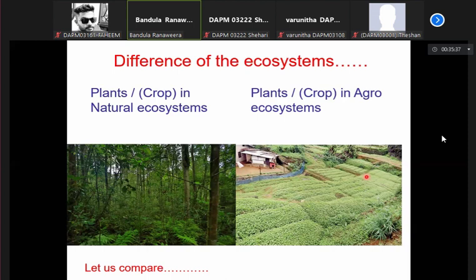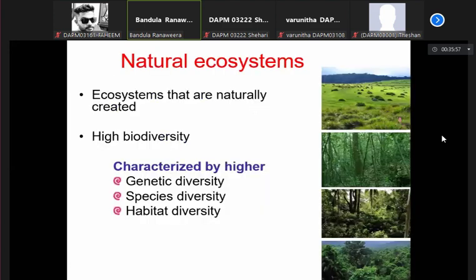So the points you have mentioned regarding the comparison of natural ecosystems and agro ecosystems are almost the same as what I thought to include in the guidelines or outline of the discussion. So natural ecosystems are naturally created. Those natural ecosystems we have are naturally created,